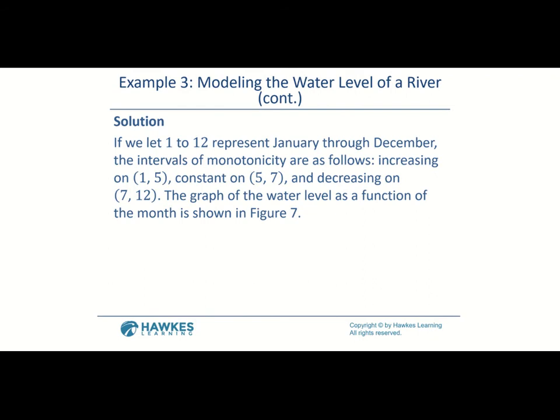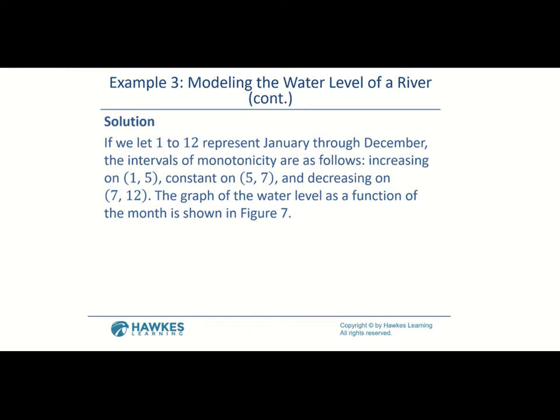All right, so now we need to determine our open intervals of monotonicity. When I sketched the graph, I said down below we'd have our months. Now, instead of representing them by the names, we often categorize our months by numbers, and this would help us better write our intervals. So if we're going to use 1 to 12 to represent January through December,